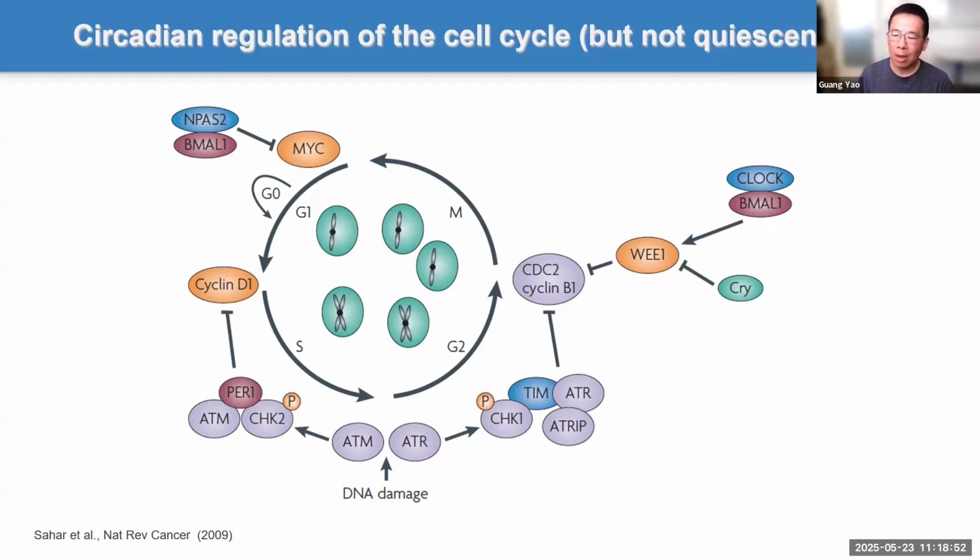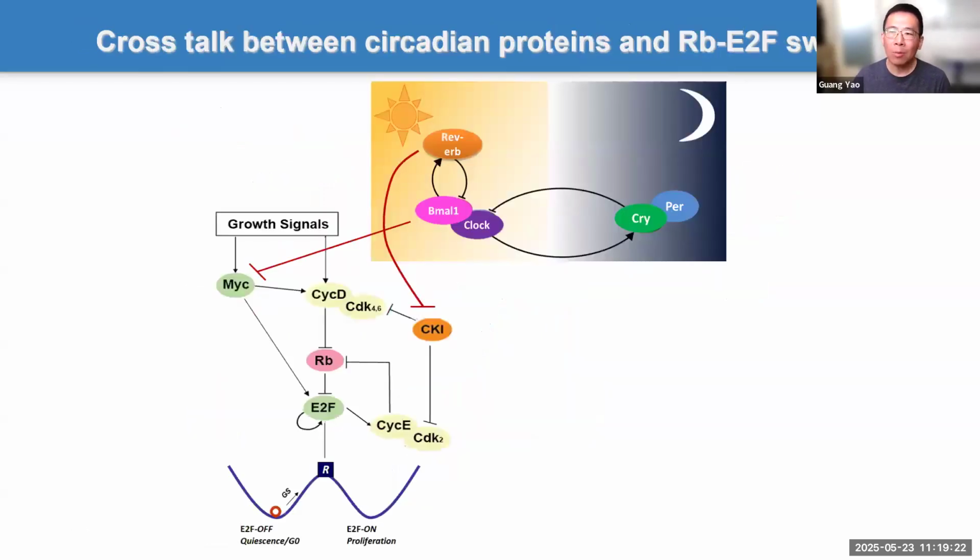But we want to know, because as we said, if cellular sleep is heterogeneous, then the shallower cells come out of the sleeping state more easily and go into the cell cycle for tissue repair and regeneration. So we think not only may the circadian clock regulate the cell cycle machinery, it may possibly also regulate the dormancy state through the RB-E2F bistable switch. And indeed, there is a possibility.